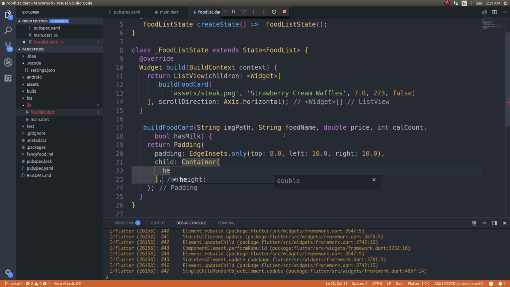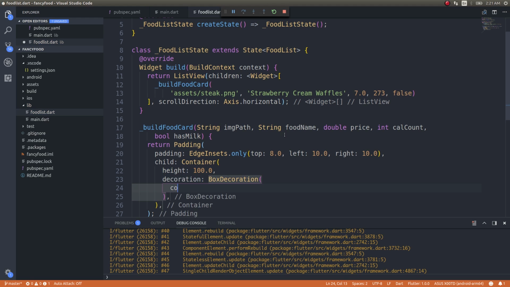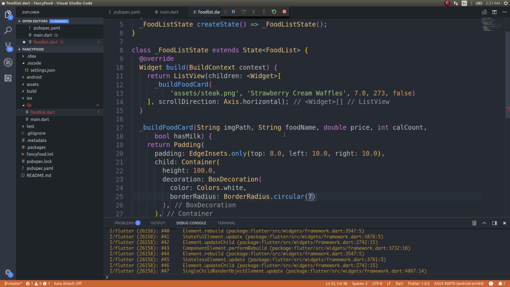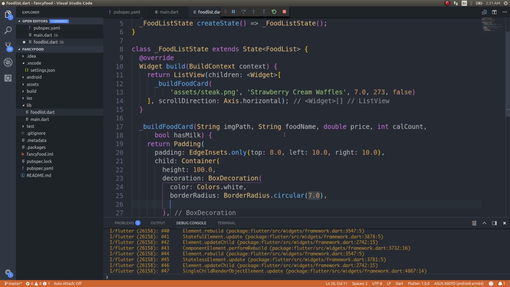Height would be some 100 units, decoration would be box decoration, color would be colors dot white, border radius would be border radius dot circular 7.2, and box shadow would be